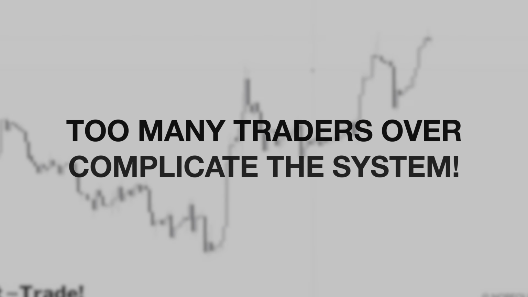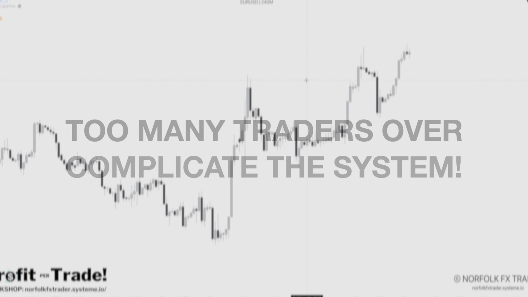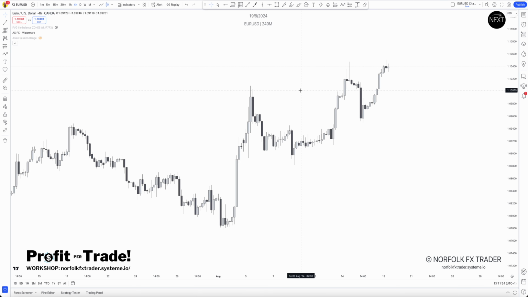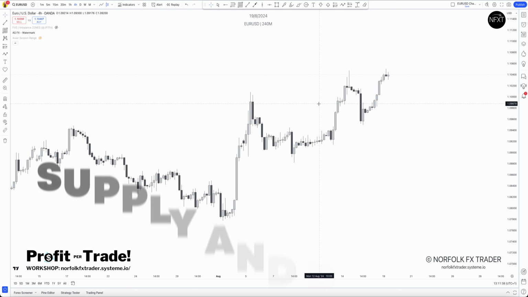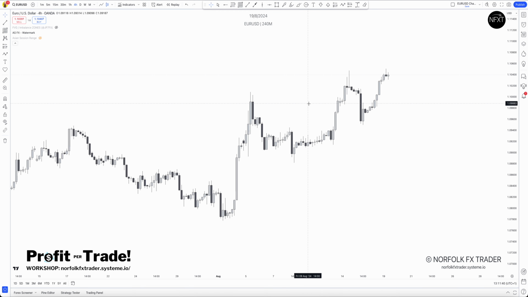Too many traders overcomplicate the system. I know, I've been there myself. So today we're going to go through 28 pairs once again on a 4-hour time frame, showing you exactly how simple it is to mark up your structures, supply and demand zones and imbalances to know when you're looking for